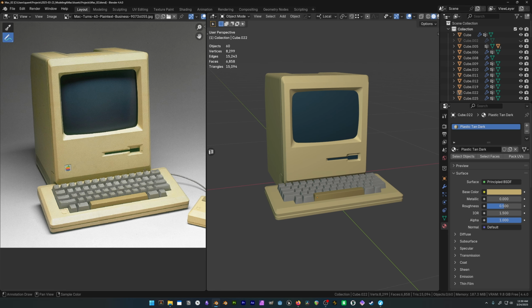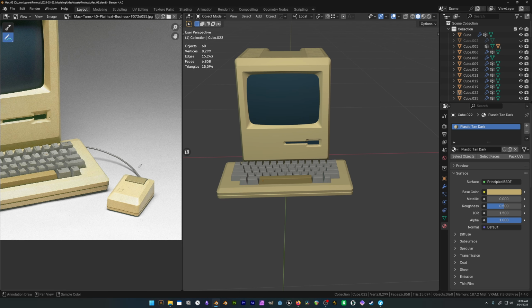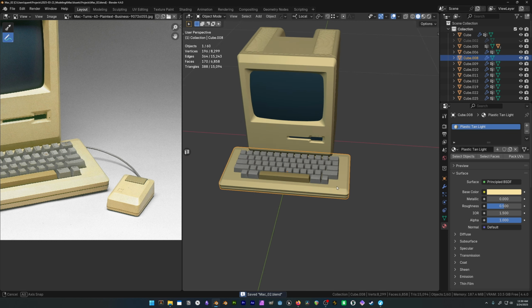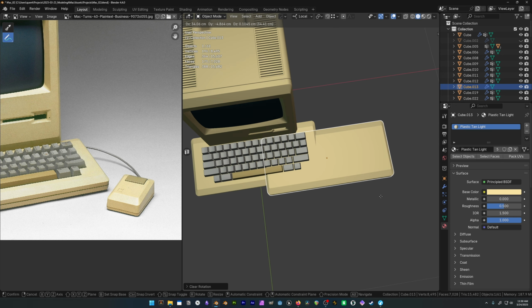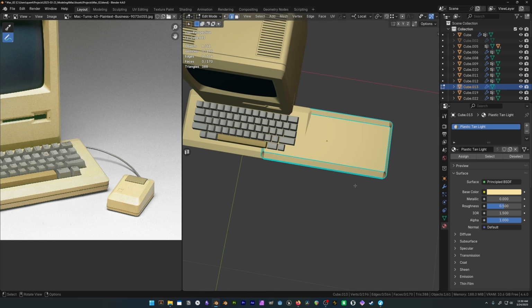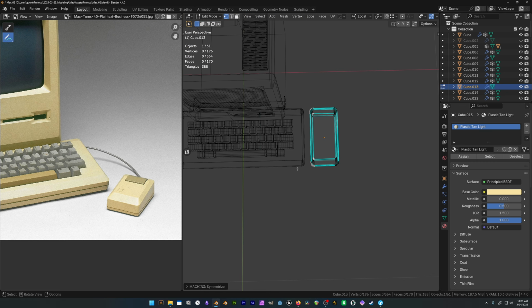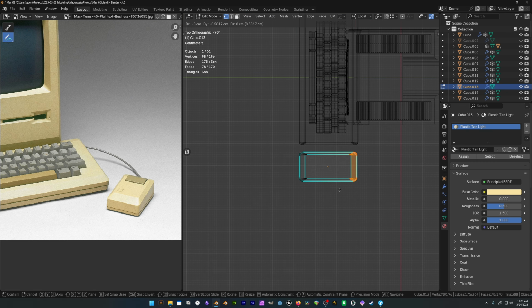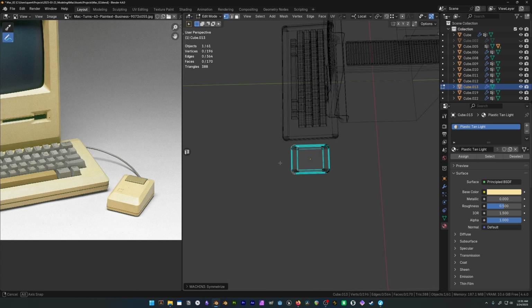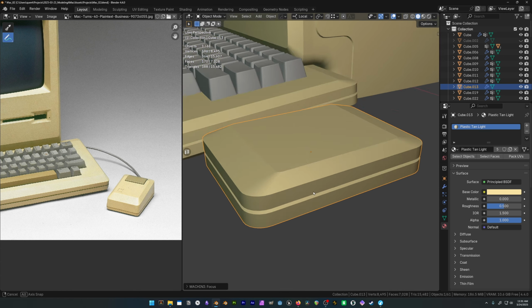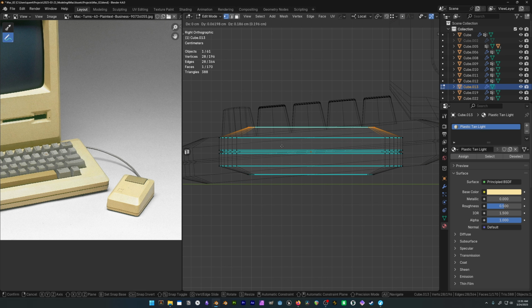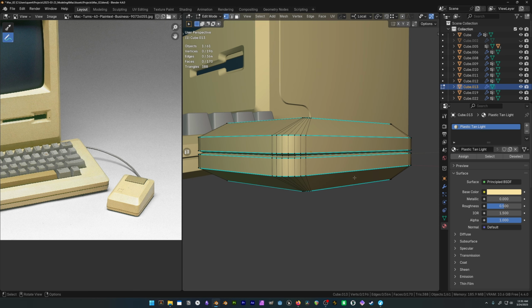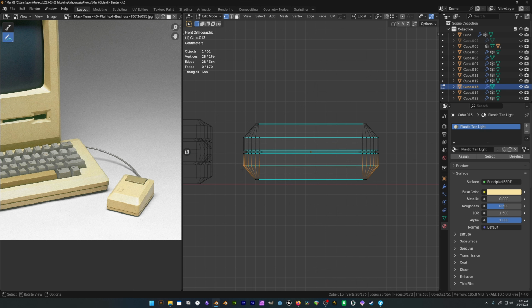Okay, let's move on to the mouse. The mouse is the exact same thing as we've done before. It basically looks like the keyboard. In fact, if we duplicate the keyboard, clear the rotation, and adjust the size, I bet we could get a mouse real quick. I think it's a little more rounded. The bottom, it is